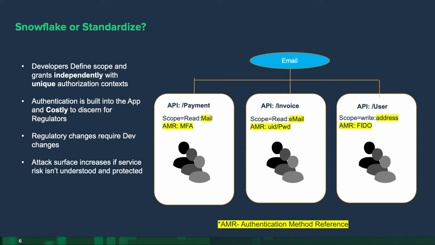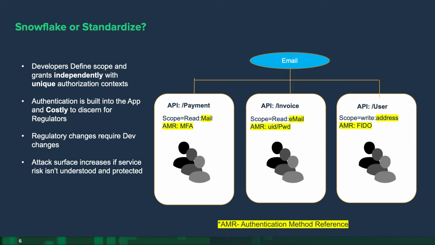So taking that and going just one level deeper, the question is, do we snowflake or do we standardize? And I'm a big fan of standardization. If we build that standardization, then we're able to build applications much faster. We're able to build guardrails for our developers so they know exactly what they're supposed to do instead of building independent snowflakes. And again, this is just a really simple example where we're taking just a known attribute